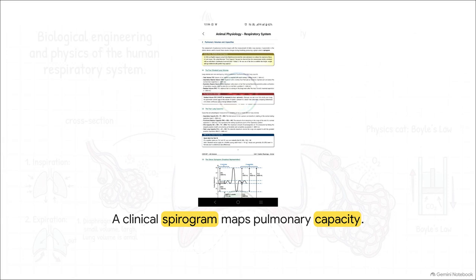So, how do we actually measure the efficiency of this complex, pressure-driven mechanical pump? Well, we use a clinical spirogram to map our pulmonary capacity. It's actually a fascinating piece of medical history. This diagnostic technique was born way back in 1846. An English surgeon named John Hutchinson invented the water spirometer to evaluate the respiratory fitness of coal miners. He even coined the term vital capacity because he noticed how strictly this measurement correlated with the miner's overall likelihood